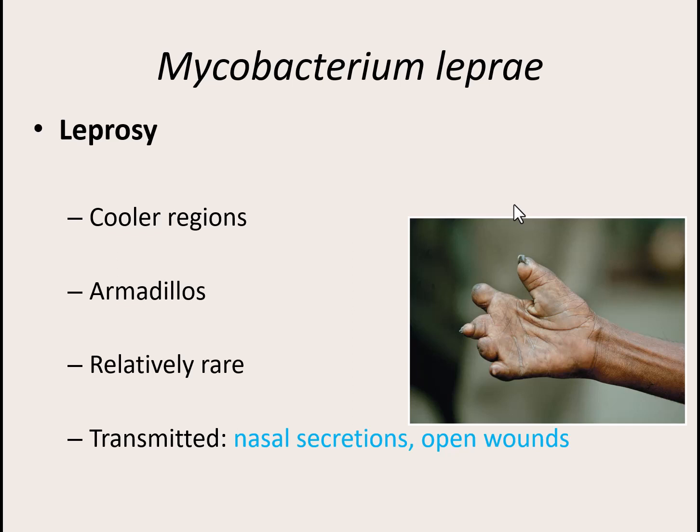Maybe you'll see it. An interesting part is that this particular bacteria actually grows best in cooler areas of the body. So most bacteria that affect humans grow best at 37 degrees Celsius. Mycobacterium leprae grows best at 30 degrees Celsius. So if we're trying to grow it in a lab, we've got to lower the temperature to grow it, which means it likes to grow and cause infections of the extremities. So your extremities, the tip of your nose, your ears, your fingertips are usually colder than other areas of the body. And so that's where it's going to grow best.